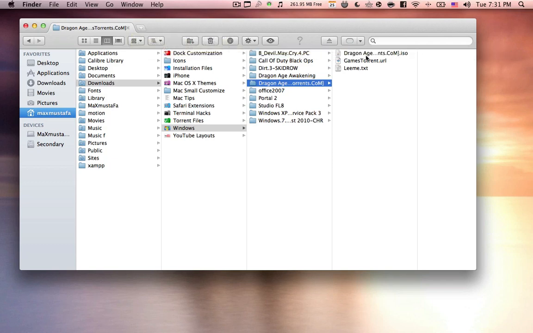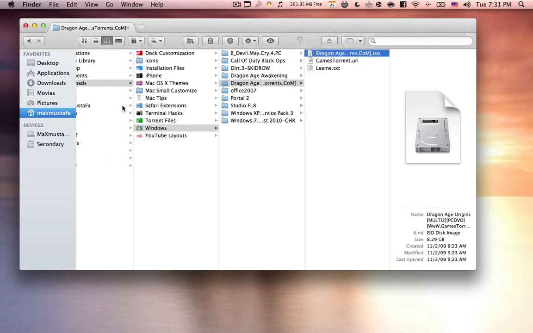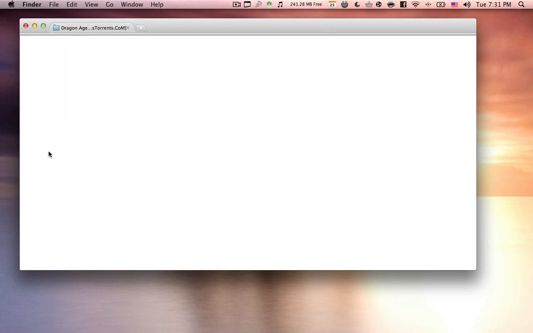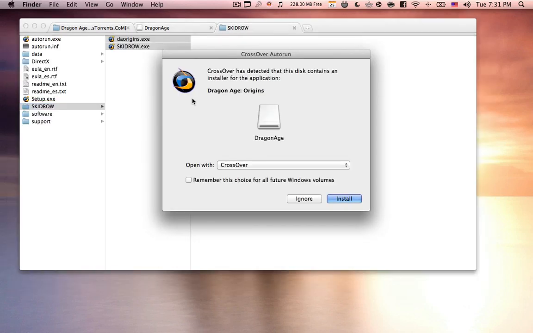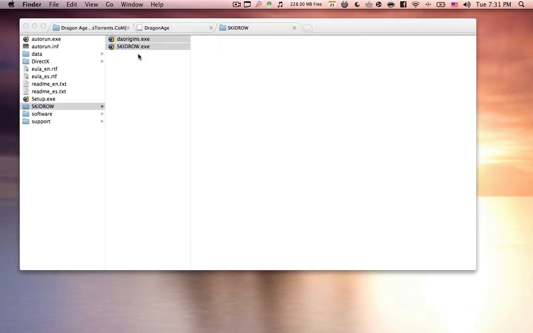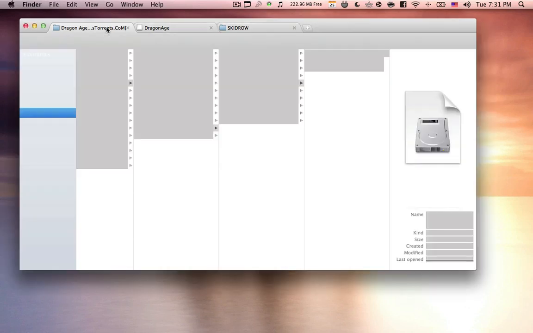You open up the ISO file. I'm sorry, I ejected it by mistake. You open up the ISO file over here, you go to the folder, and then you need to copy both of those files. Once you copy them, you will go to